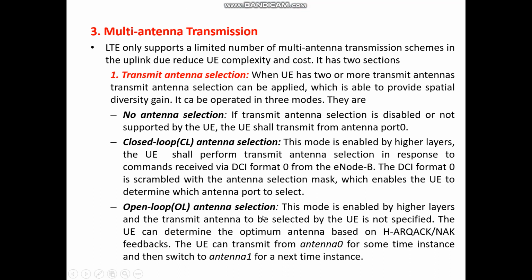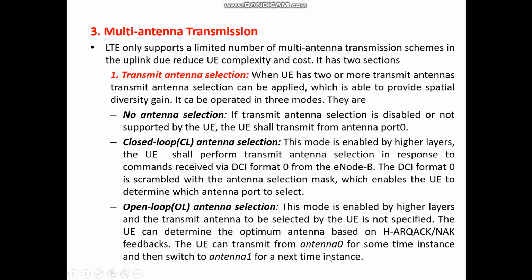Here in the open loop antenna selection, this mode is enabled by higher layers again, but the transmitter antenna to be selected by the user equipment is not specified, as in the case of closed loop antenna selection. And the user equipment can determine the optimum antenna based on the HARQ acknowledged or not acknowledged feedbacks, and the user equipment can transmit from antenna 0 for some time instance, and then it can switch back to antenna 1 for next time instant.